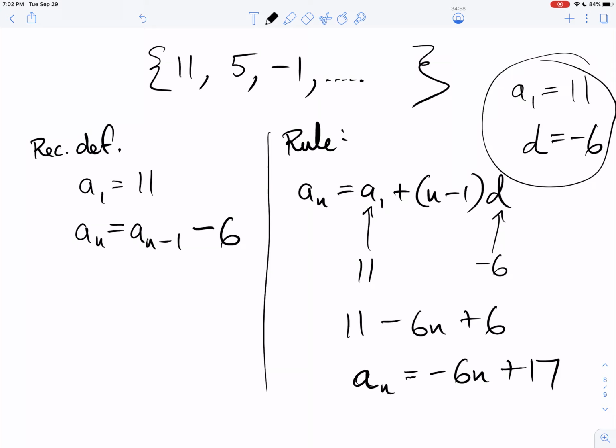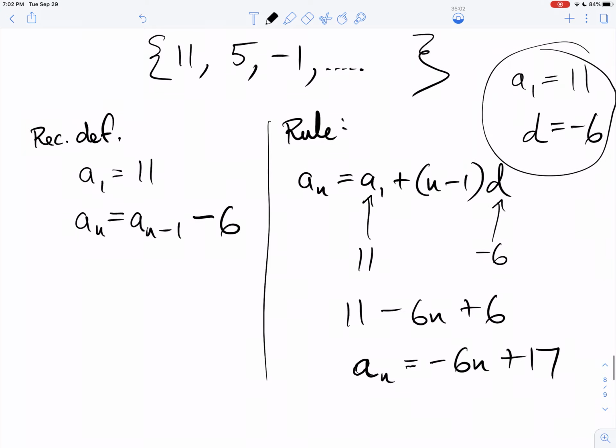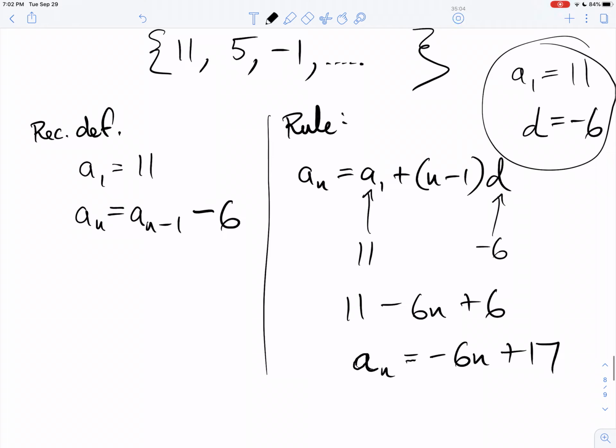So here's the nice thing about arithmetic sequences. If you write a rule and you want to know if you're correct, all you have to do is plug in 1. If you plug in 1, what's it going to tell you? It's going to tell you A1. And if I plug in 1 right here, I'm going to get negative 6 times 1 plus 17. That's 11. That is A1. So what I'm trying to say is this. Rules are always